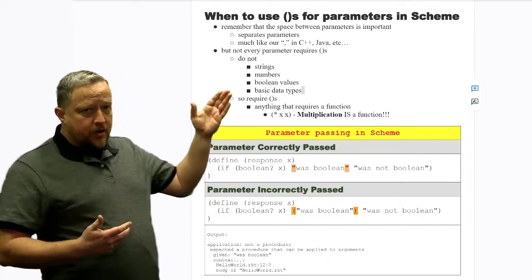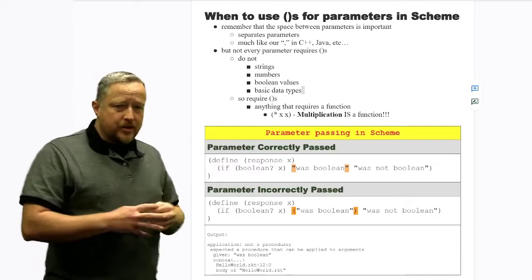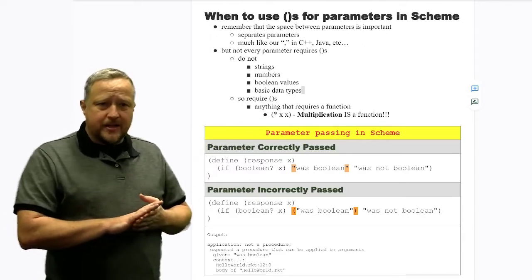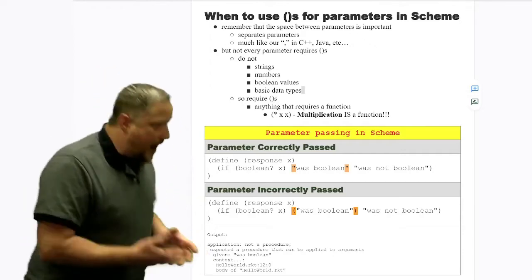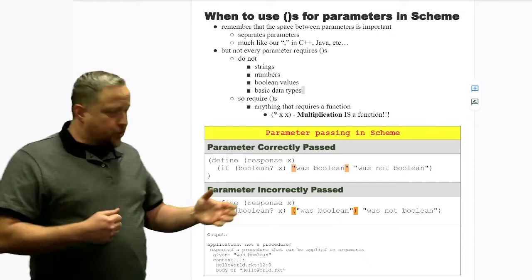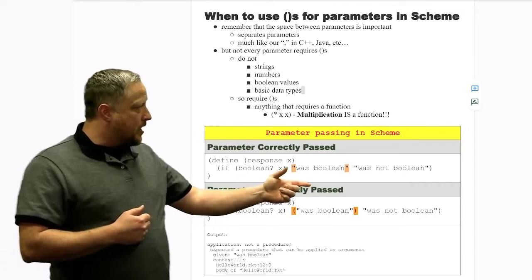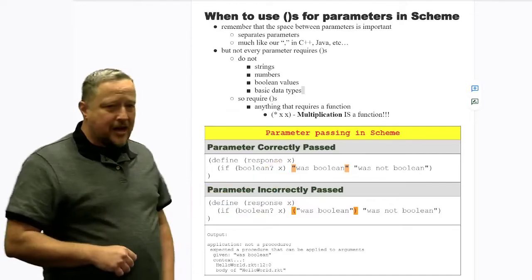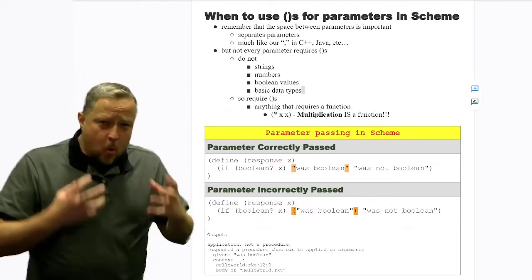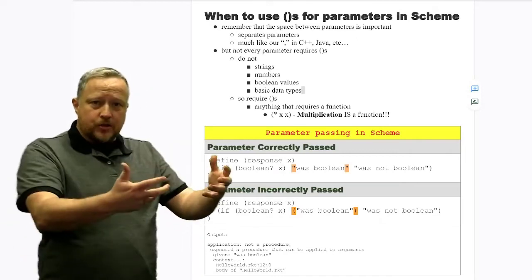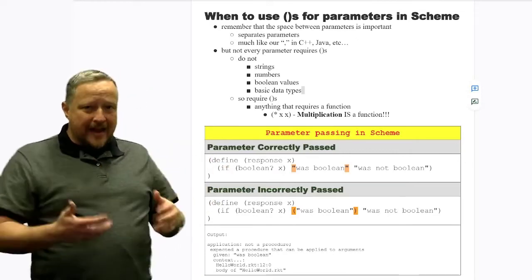And those are strings, numbers, Boolean values, and some of the basic types like rational and other things that you probably haven't even seen yet. But what requires parentheses is if you're actually doing a function, like pretend this one right here was doing that, which shows right above there, the multiplication of x times x. If it requires a function to do some work and then return the value to you,